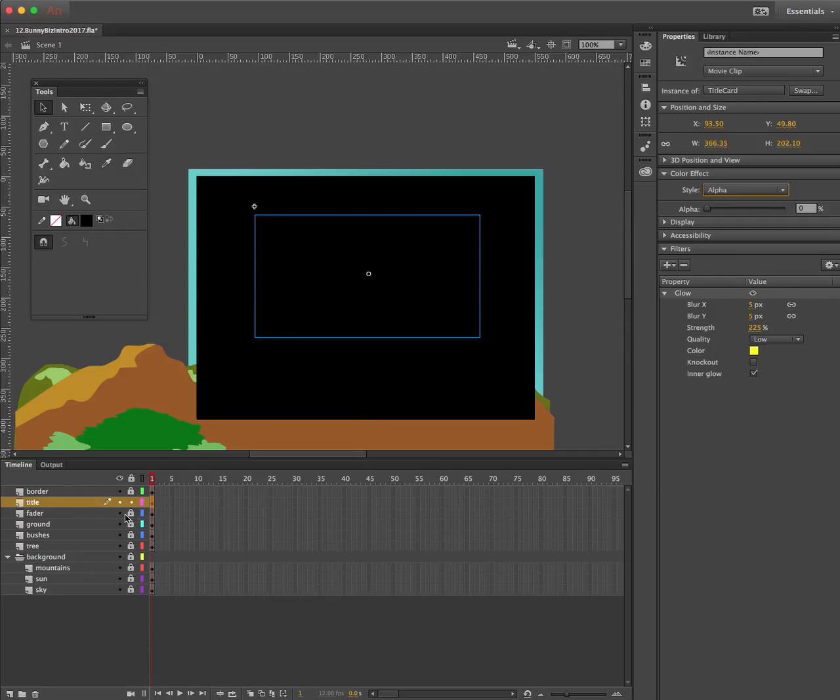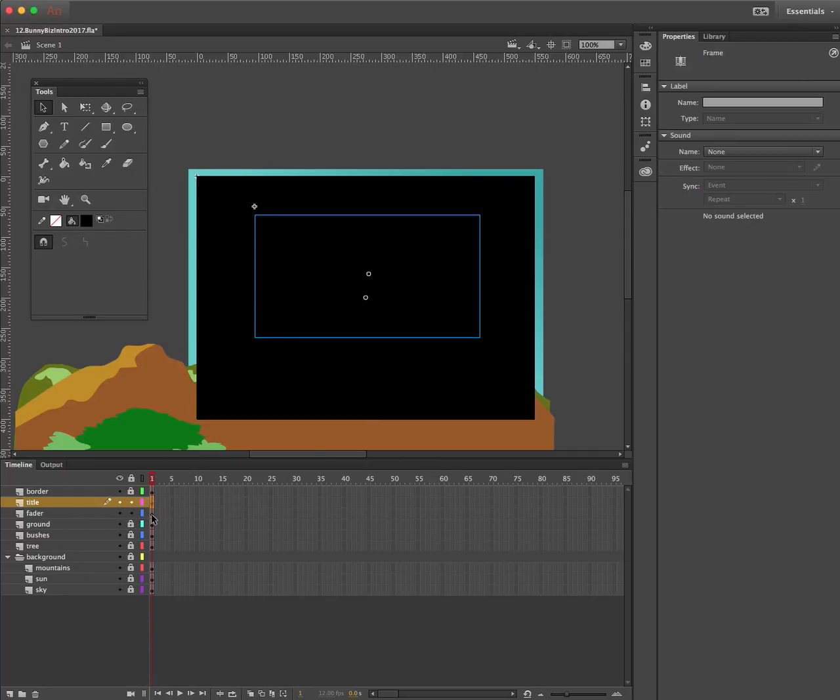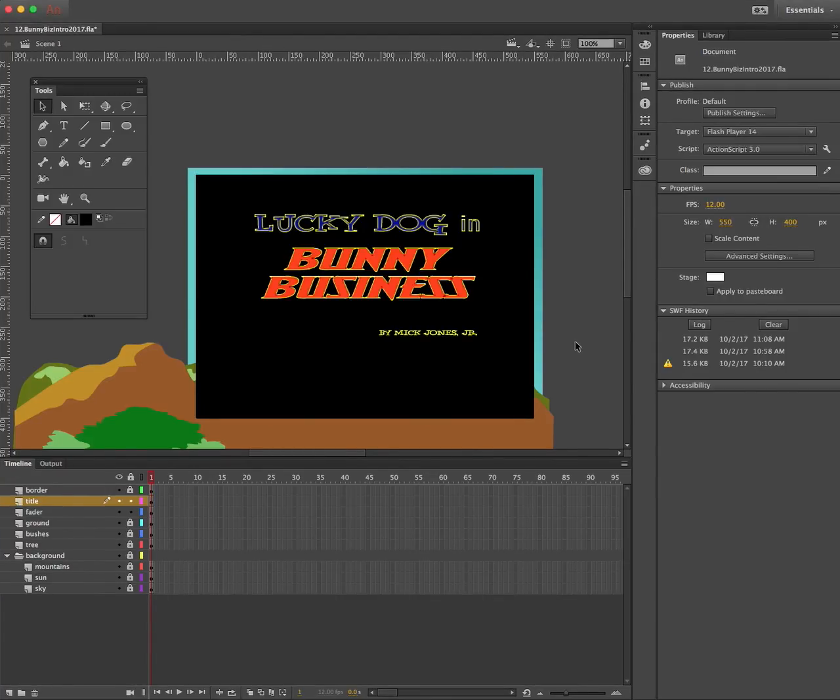Okay, and now I need to unlock the fader layer because I'm going to do a fade in on both the fader and the title. Now before we do that, I need to change the frame rate of the film. It's currently 12 frames per second. I need to change that to 24, and I can do that in the properties here. I go down to where it says FPS, frames per second, and it's a slider. I can just press and drag to the right up to where it says 24 frames per second, and there